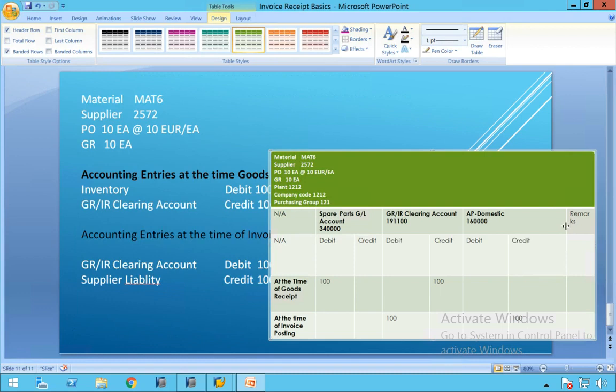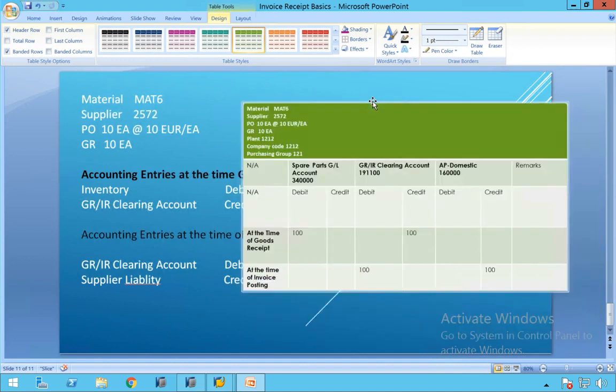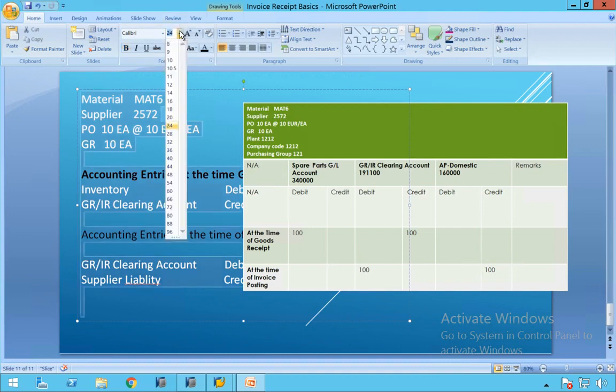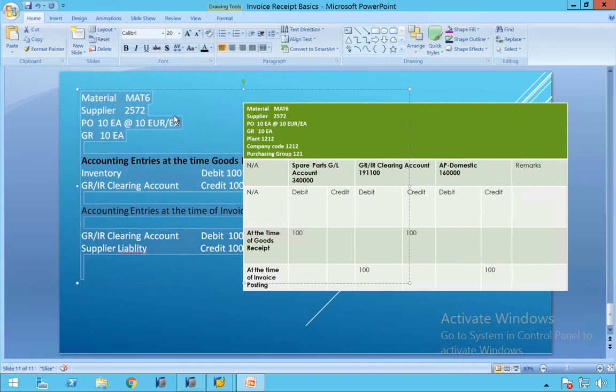Now you got an idea why the GRIR clearing account is required. It is a requirement for the double entry system. Okay, right. So what I'll do, this font also I'll reduce further so that we can accommodate both here. I'll keep it at 20.